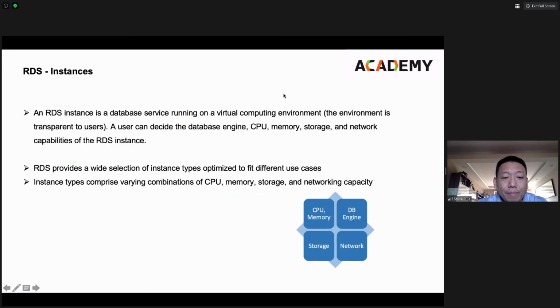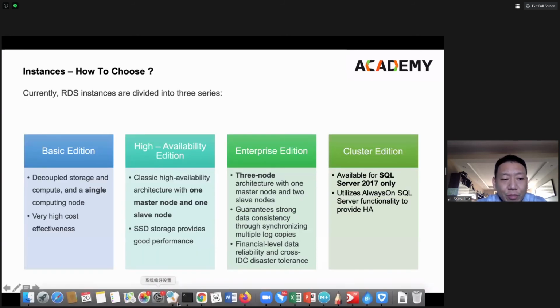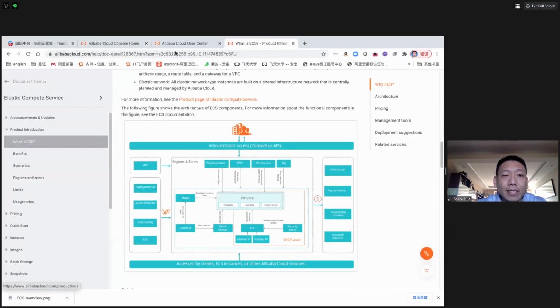Okay, now you are looking at the similar concept as ECS and SLB. Remember, for RDS, we also call it an instance. An instance is a combination of what? CPU, memory, storage, and the network, right? It's always there. And if I want to give you some direct feeling of the RDS, let's go back here